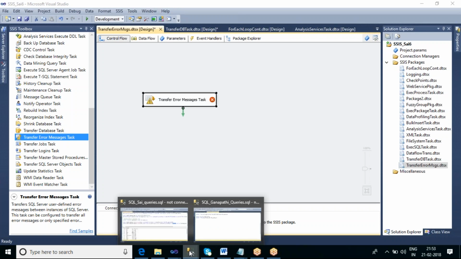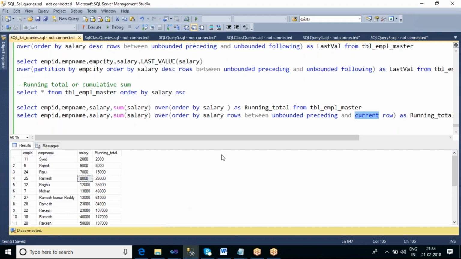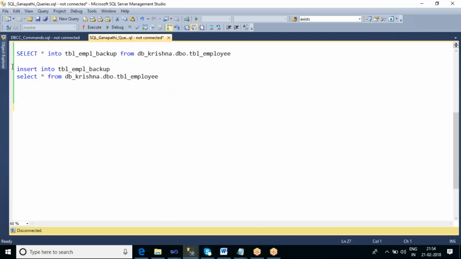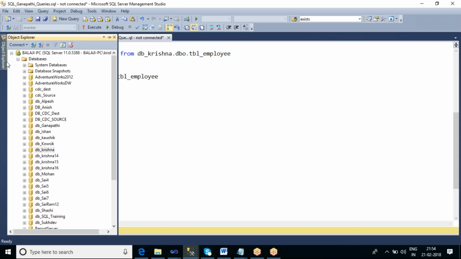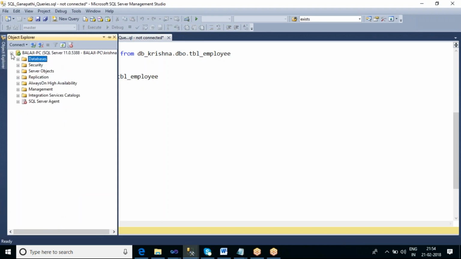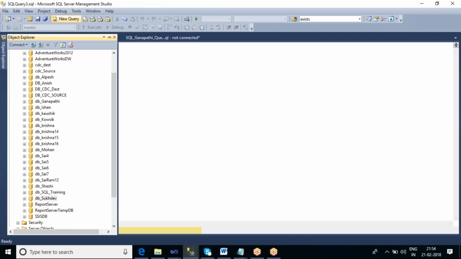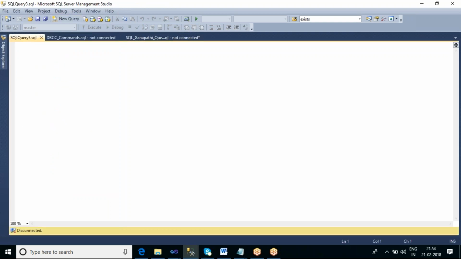to transfer the system error messages. Okay. System error messages we are able to transfer, but let us see if you want to transfer the user ones. Yesterday we were able to transfer the DB Sukhdev database. Now we are connected to the first server. Now let me connect to the DB_Sukhdev query session. Okay. Now in this database, let us see, we have some